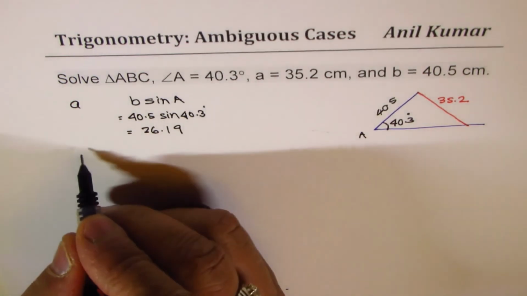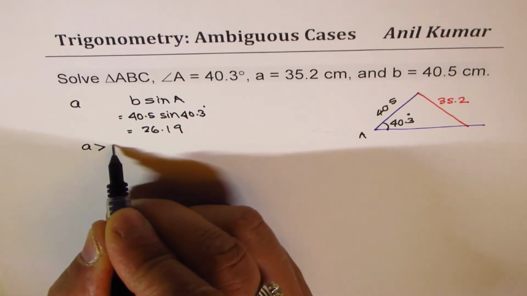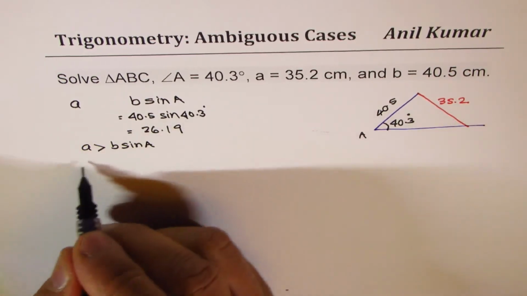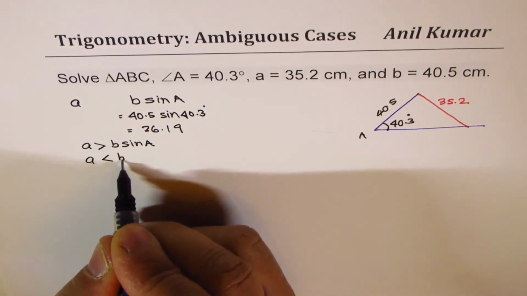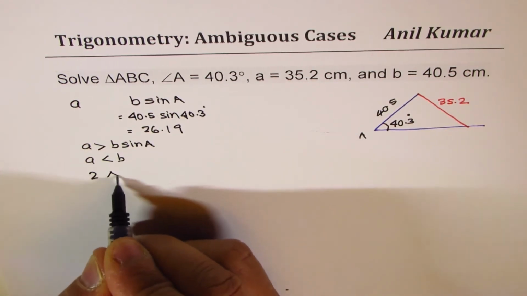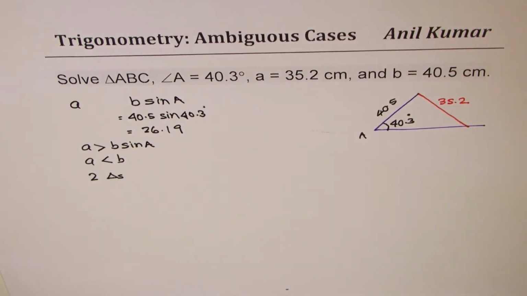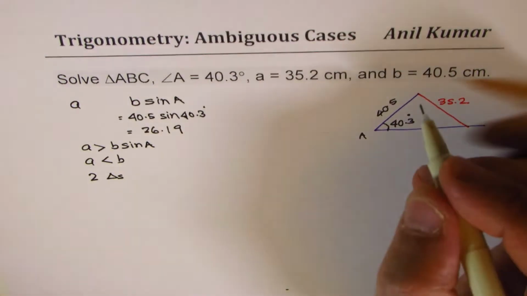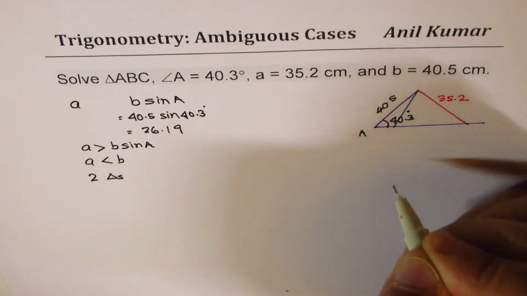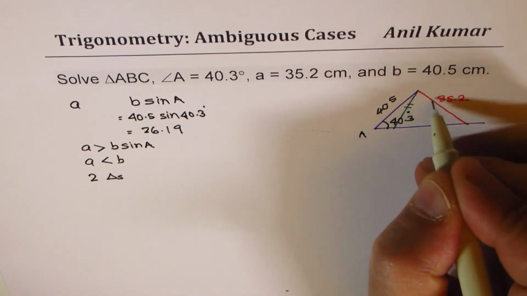Now clearly A is greater than B sine A. And we also know that A is less than B, right? It is less than 40.5, and therefore we have two triangles. Perfect. So that is to say, we are looking for two solutions. The other triangle will be kind of like this. Do you see that? Where these two sides are